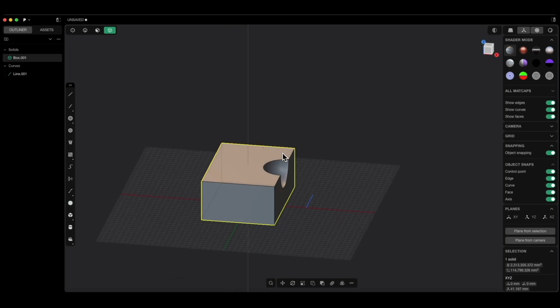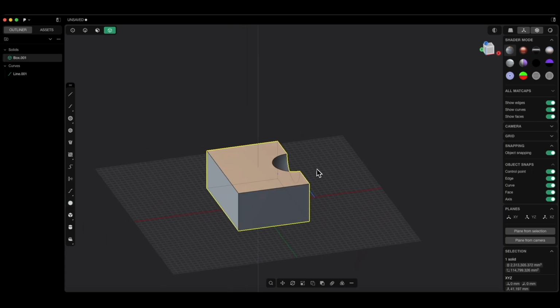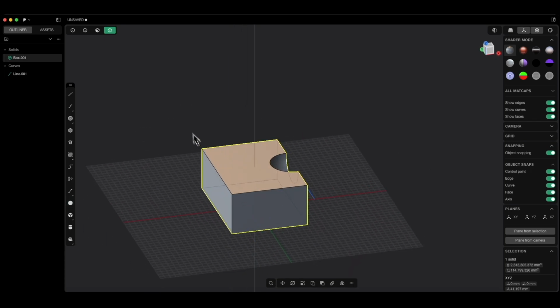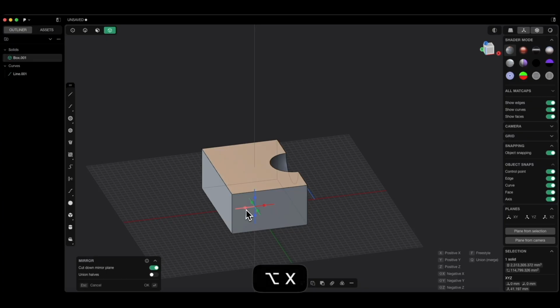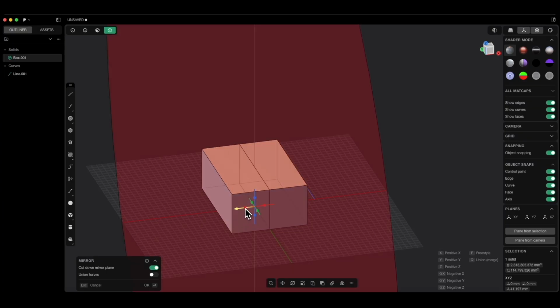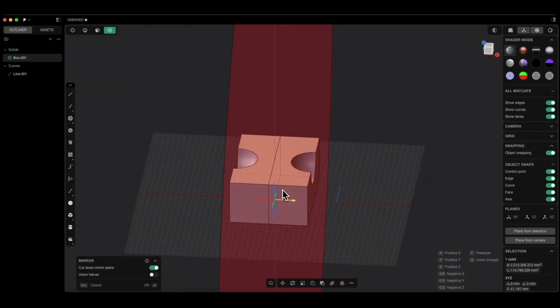And OK, and I want to get this feature on the other side of the y-axis, and to do this I select the solid, activate the mirror operation and define the mirror plane. Here we defined the mirror plane in this direction, but let's click this gizmo and see what happens. When I click OK now,